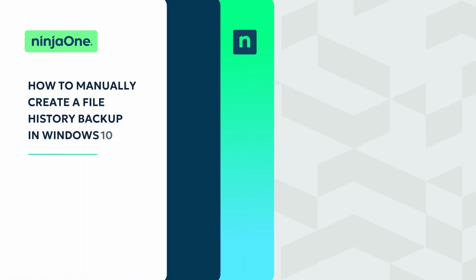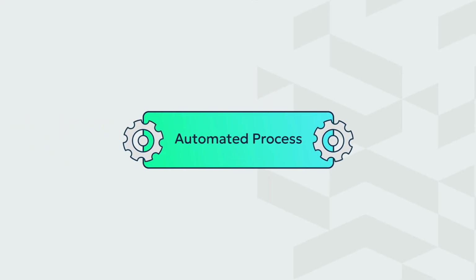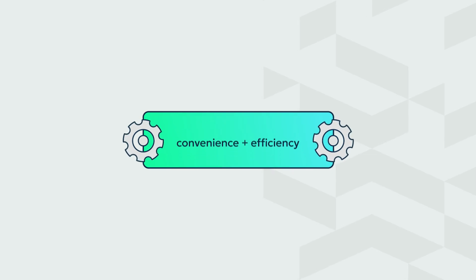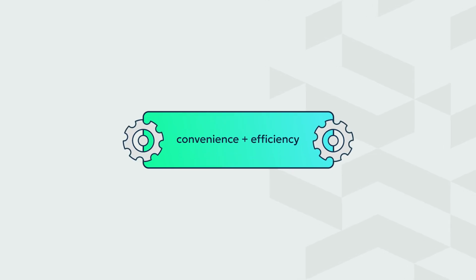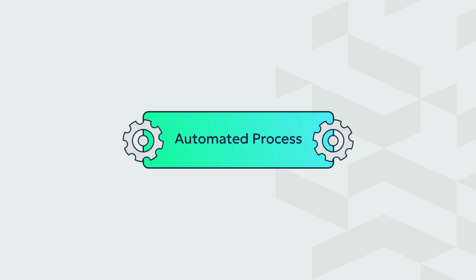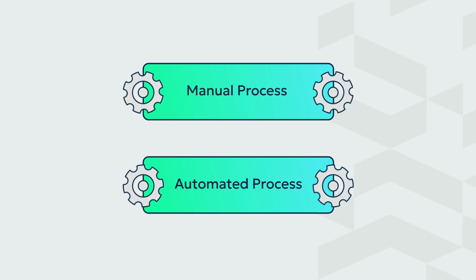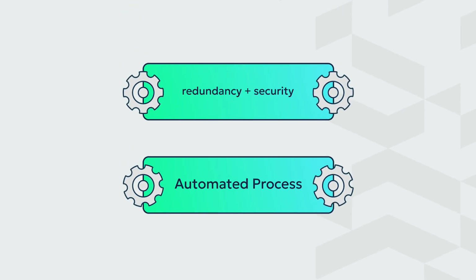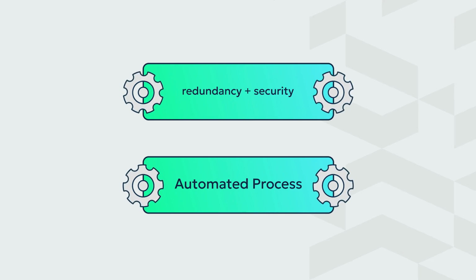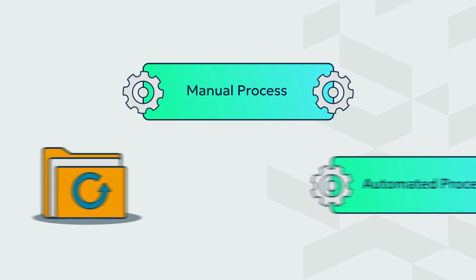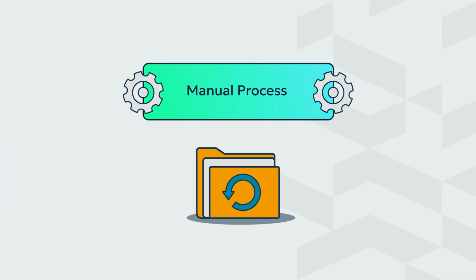How to manually create a file history backup in Windows 10. In today's digital landscape, automation plays a critical role in improving convenience and efficiency across nearly every aspect of life. However, there are scenarios where manual processes remain essential, particularly when it comes to ensuring redundancy and enhancing security. This video provides a step-by-step guide on how to manually create a file history backup in Windows 10 without relying